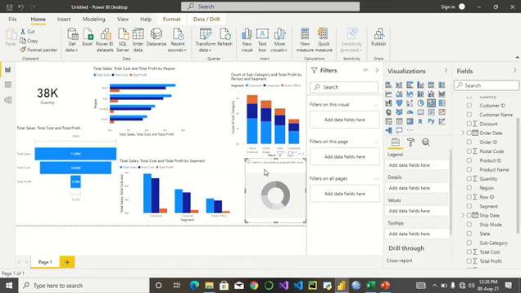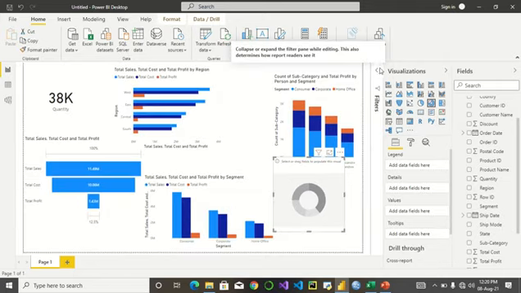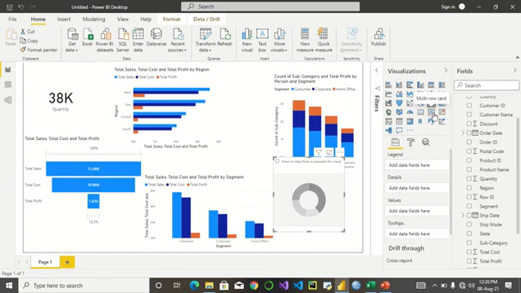Use donut charts. Okay. So it means basically you just need to know the visual that is perfect for whatever analysis you want to do. So now